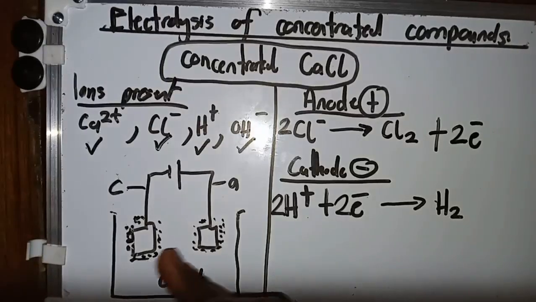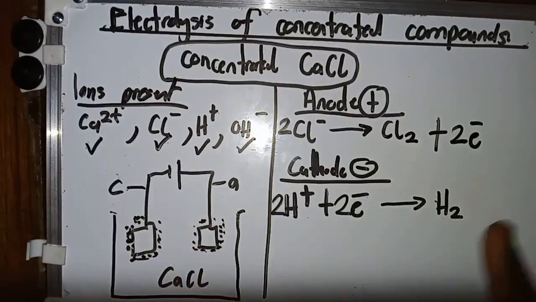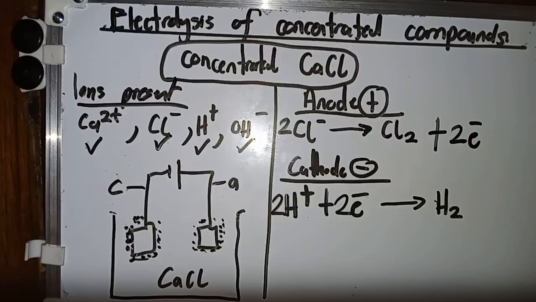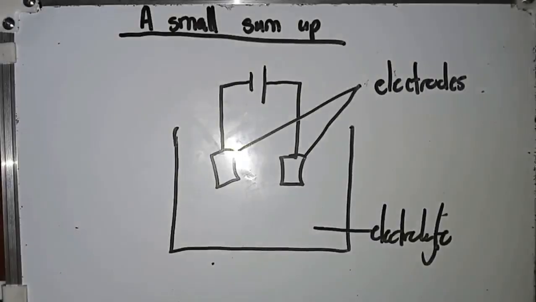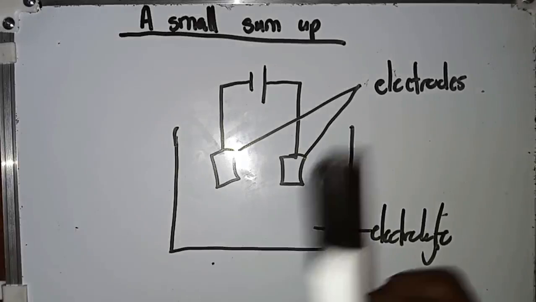So that's what you'll be doing. If they ask you something about the electrodes, what do you observe here? What is formed? You write the equation. You don't have to guess. So that's the electrolysis of concentrated compounds. You have to know the difference between concentrated, aqueous and molten. So here, just to sum up the electrolysis of our molten, aqueous,